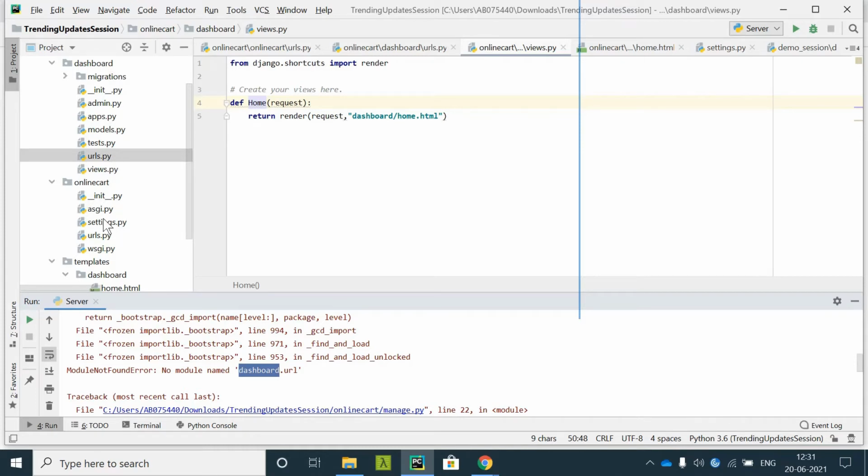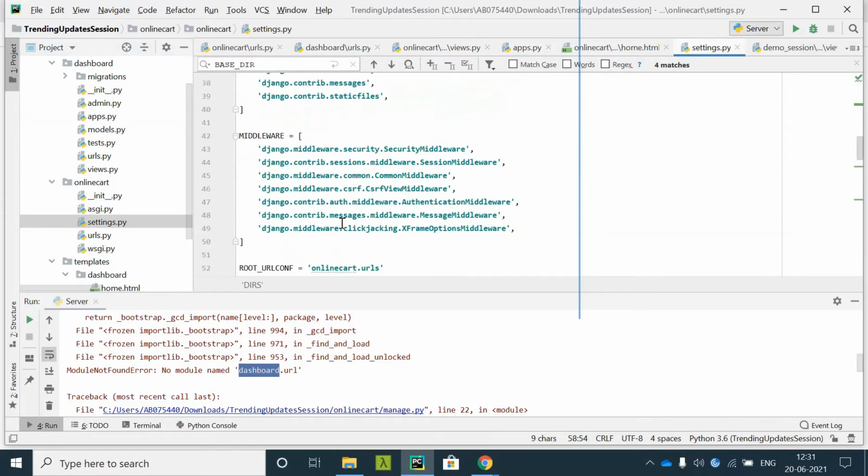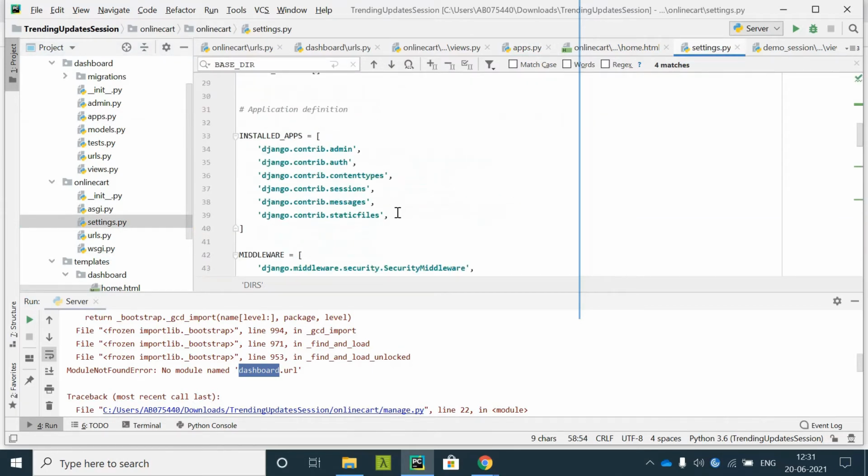Okay. So in the settings file, we need to first include the dashboard app name so that it is accessible everywhere else. So in the installed apps, just go here and type in dashboard, apps.dashboard config.